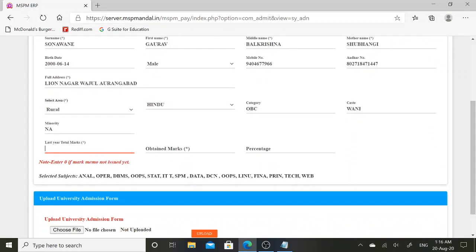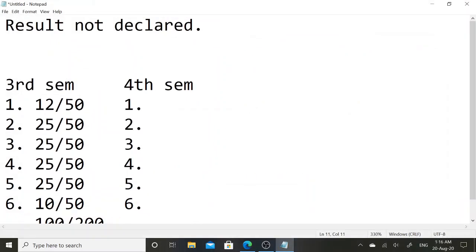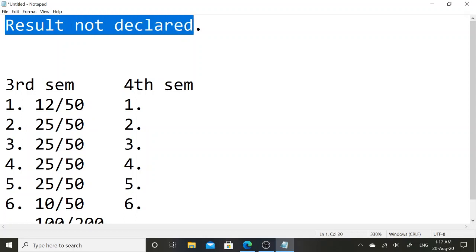At the bottom, the student will find last year total marks. So if you have one or three back subjects in previous semesters, and you try to search your result, you might get this error, result not declared.